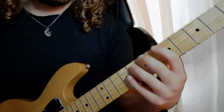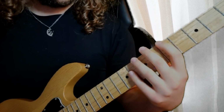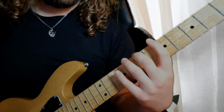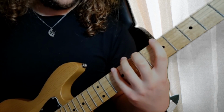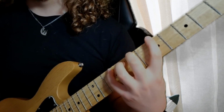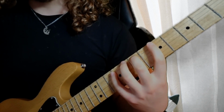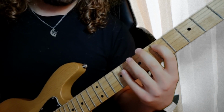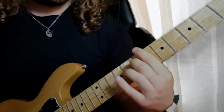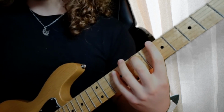So the full scale would be 5th fret of the 6th string. So that's A. And then we'll go one step up on the same string, but the 7th fret. That's a B. Then with your pinky, you're going to play the 9th fret of the same string. We're going to jump down to the A string, and it's going to be the same exact thing, just on the A string. So 5th string, 5th fret. 7th fret of the same string, 9th fret of the 5th string. So far we have